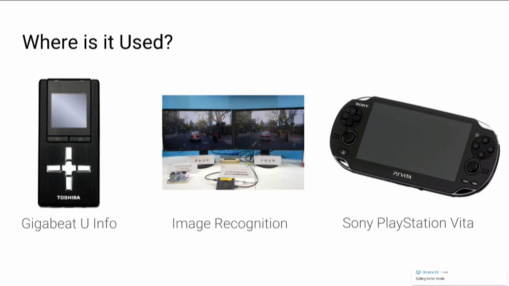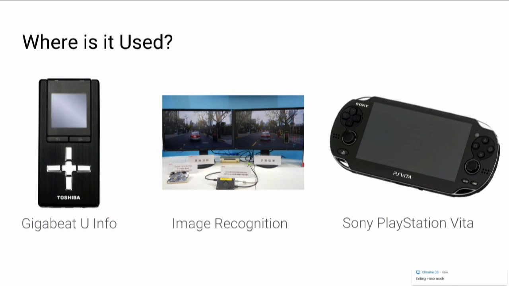So in the middle, I discovered that Toshiba is using MEP for image recognition in cars. And finally, it was indeed a bigger surprise: MEP is also used in the PS Vita. So it's likely that if you have a Vita, you also have MEP. And according to my understanding, MEP in that case is used as a secure element of the system to store keys used to decrypt files on the PSP.